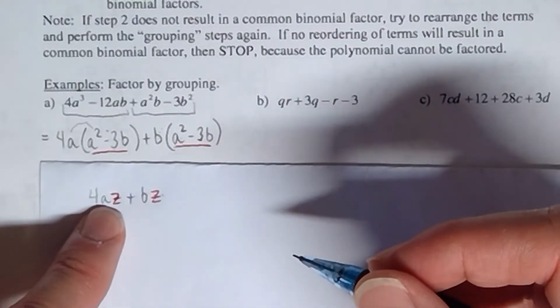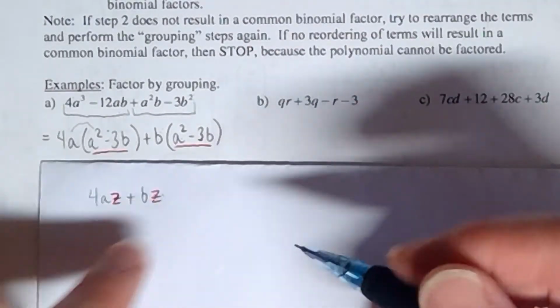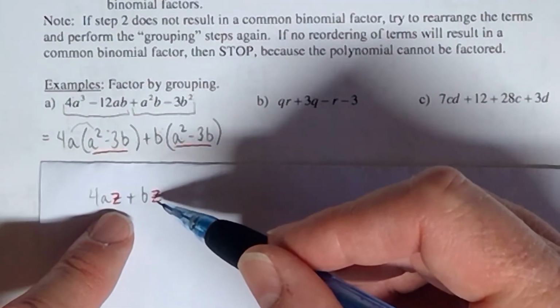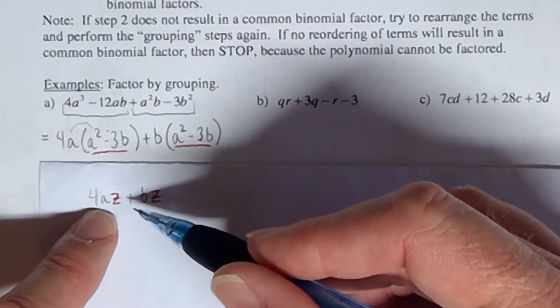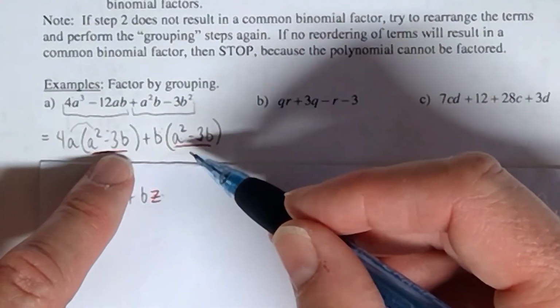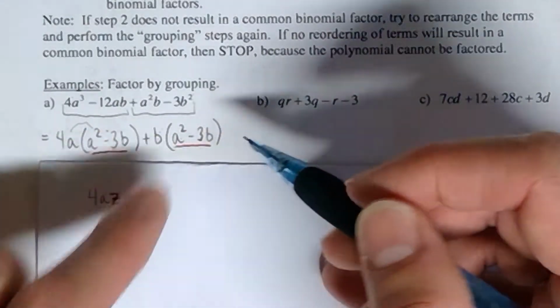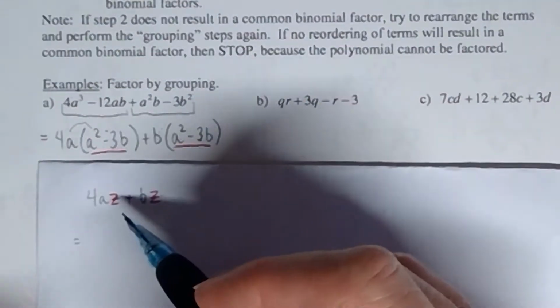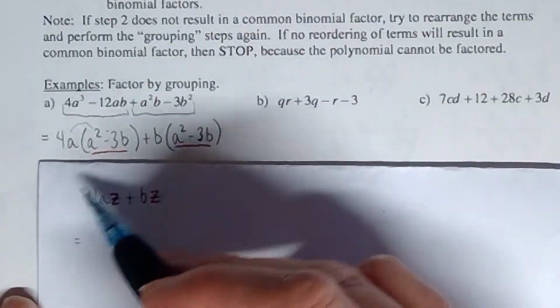So z is playing the same role that the bracket is. The z's are the same, just like the brackets are the same. And the z's are being multiplied by 4a and plus b, just like the brackets are being multiplied by 4a and plus b. And so my point is that however we do this problem right here,